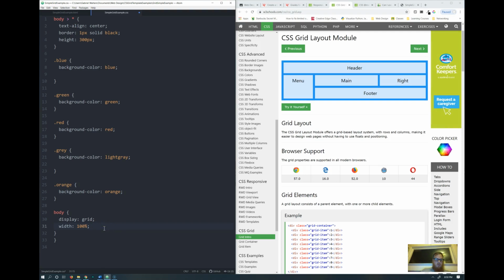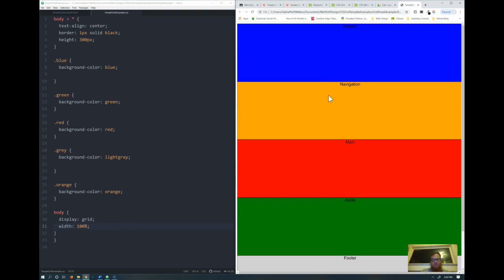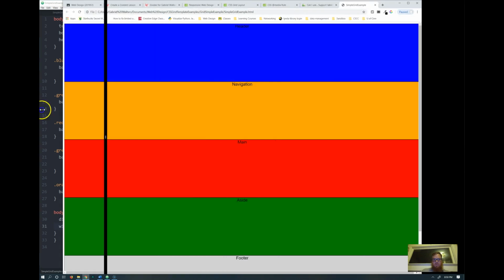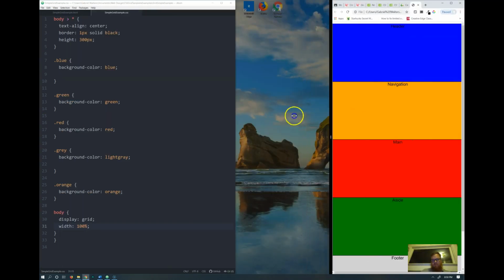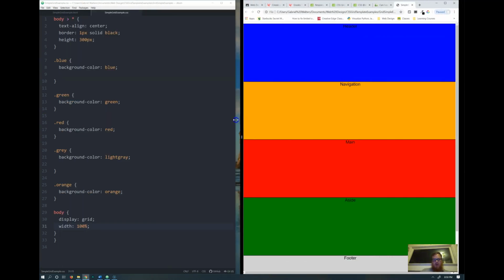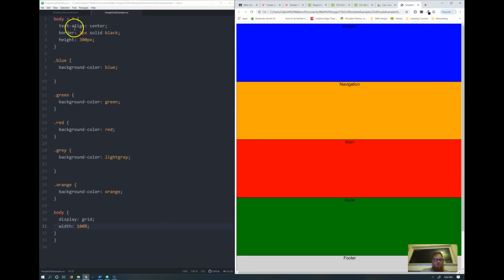And that is, for the most part, all that we need to do to actually get a grid set up. But you're going to see that we have no changes. Okay, it will resize, but that's what was happening beforehand. What we need to do is look at a couple more pieces. So the easiest way to get your grid up and running is that we need to